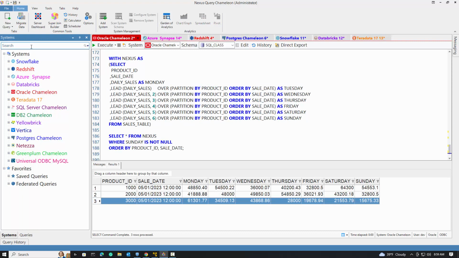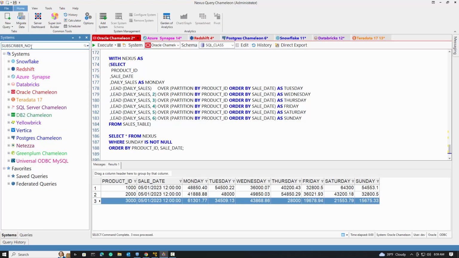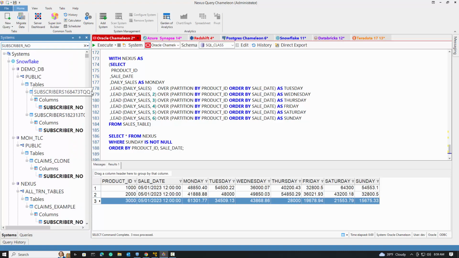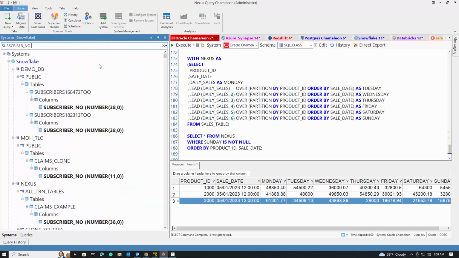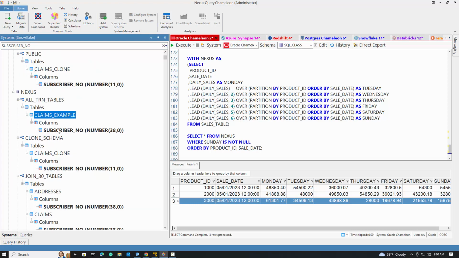Oracle is one of the most exciting systems out there today, and it's got a beautiful cloud. Watch what I'm going to do now. I'm going to type in subscriber number in my systems tree, and it's going to show me everywhere subscriber number exists on every system. Here's where it exists in every table, view,